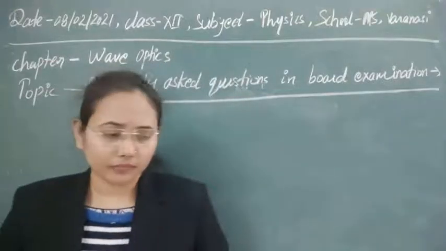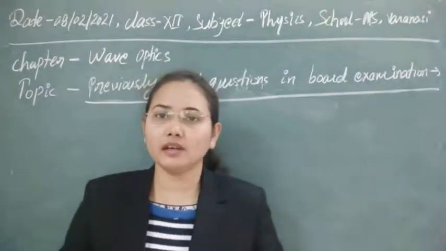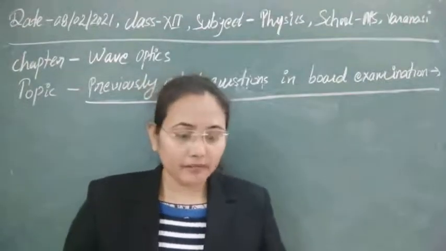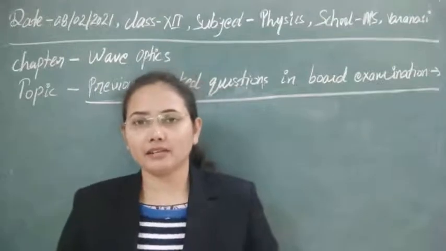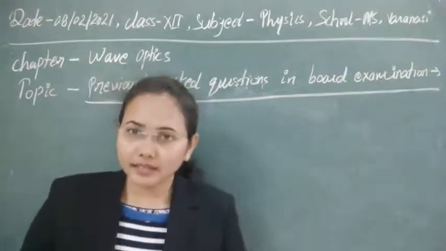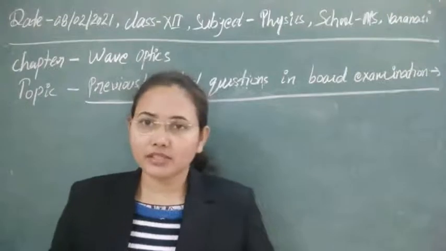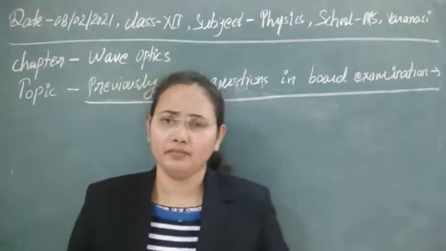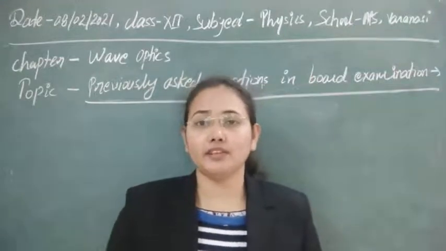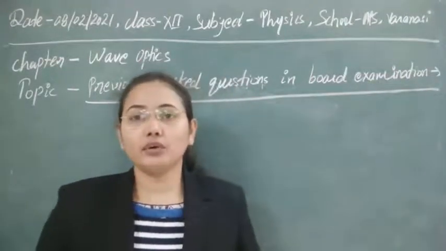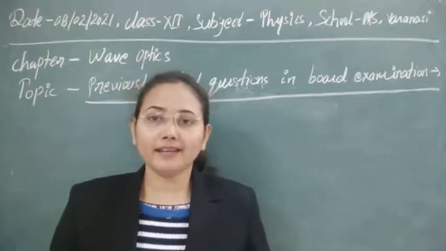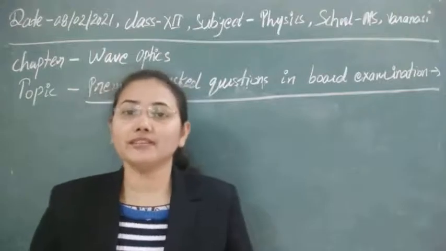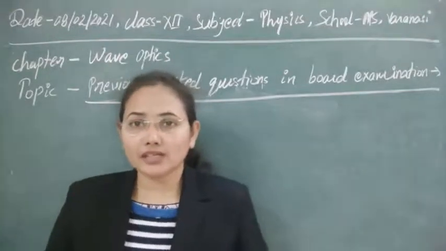Hello students. Yesterday we discussed Huygens' principle, and with the help of Huygens' principle, how we can prove the law of reflection and refraction, and the theoretical questions that are asked based on that. We also discussed what interference is and the conditions necessary to obtain a well-defined, sustained interference. Later we discussed how to get the intensity redistribution of energy, or you can say the interference pattern, in the case of Young's experiment.